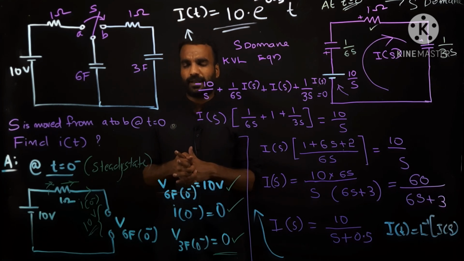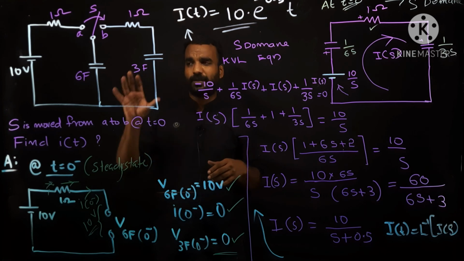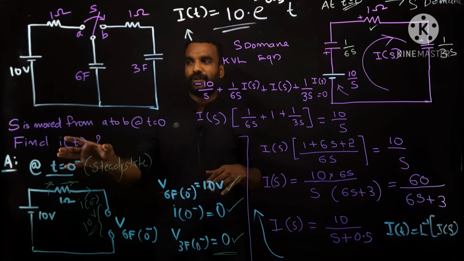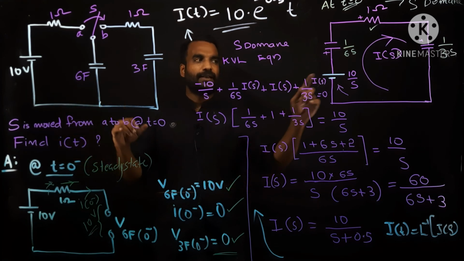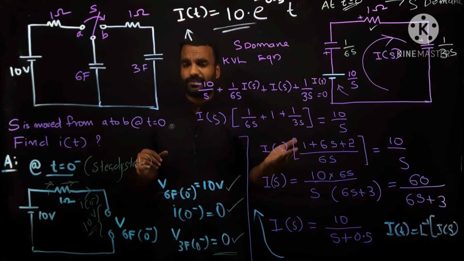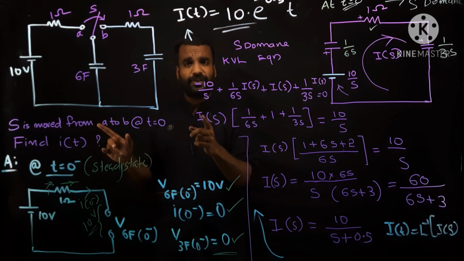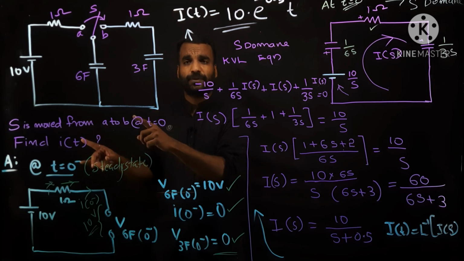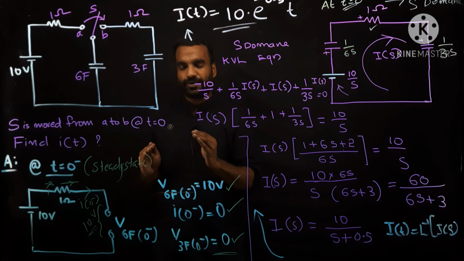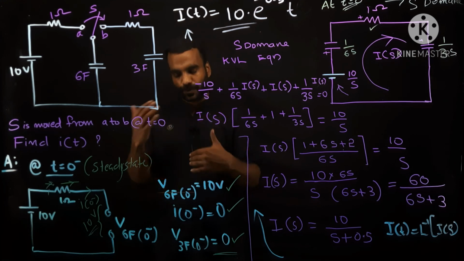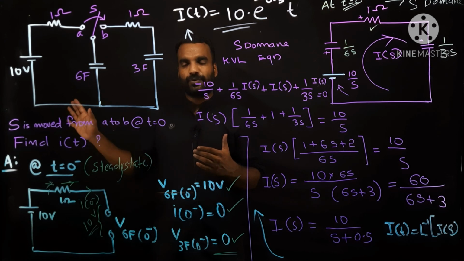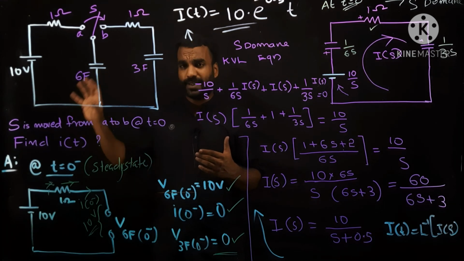I am giving some assignment also as a part of this lecture. You have to derive the standard I of t equation by drawing the S domain analysis figure, or you can write the KVL first and then transform that to S domain, as we already did in the RL circuit in this module. You have to derive the I of t equation and V of t equation, and cross check whether they are the same or not with the result you already obtained in time domain analysis.